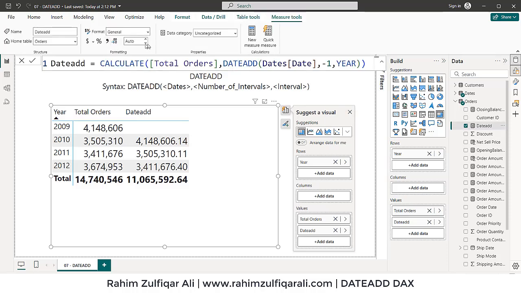So we need comma formatting, and we will have no decimal places, 0. Okay, so now you can see that in 2010 we can see the previous year balance. Why? Because we are telling DateADD to go -1 and year wise, so it's giving us that particular balance. If you see 2011, so the current